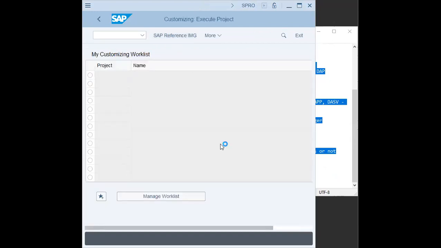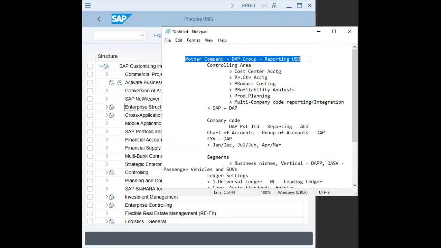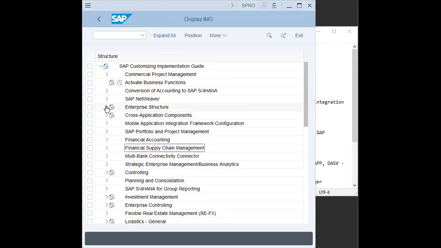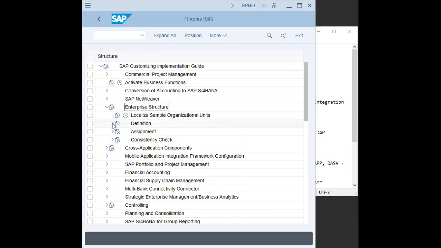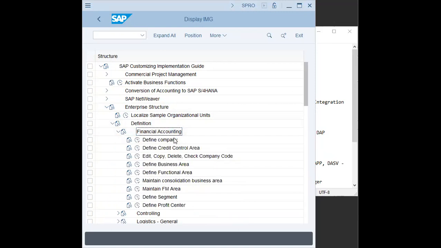SAP reference implementation guide. Since our first step is mother company. Okay. So enterprise structure is where you define your company's structure, and definition is the first node. Since company is defined by the backbone, which is financial accounting. Financial accounting is always the backbone of the company. To define company,